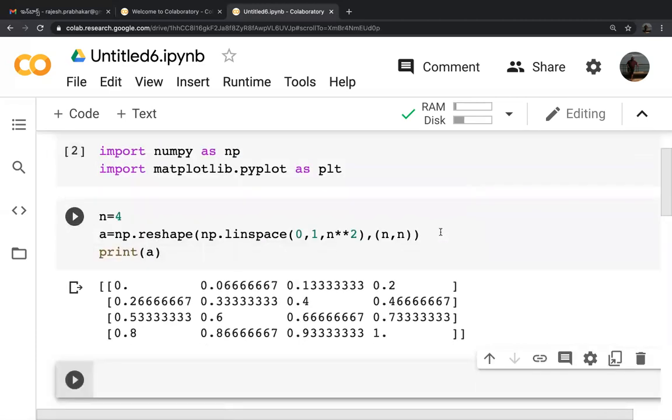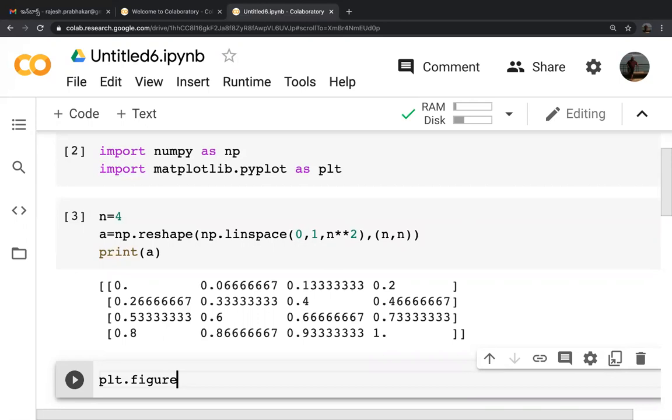Now this array we will pass on to matplotlib imshow and see what image we can generate using these numbers. Okay. Now let us start with plt.figure.